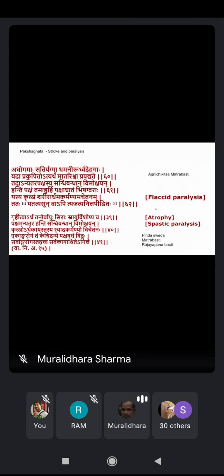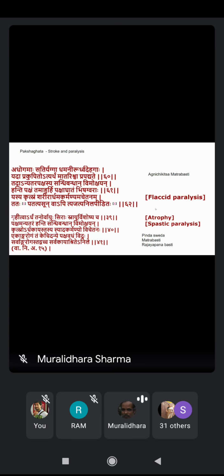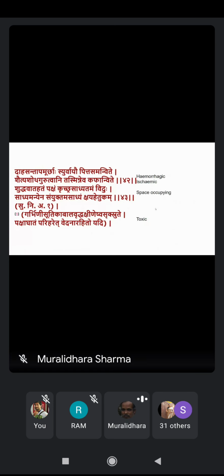But in all the patients, evaluation of the cardiovascular system is necessary. If there is a cardiovascular system pathology, that also needs to be handled depending upon the patient's presentation. So that's, in brief, about the stroke as such. Now, the stroke also could be considered